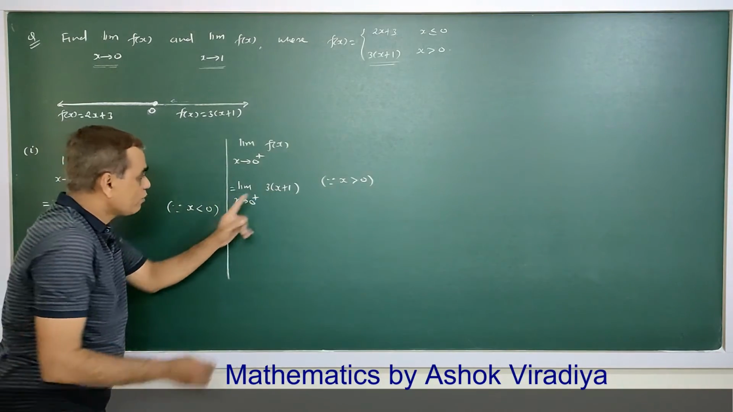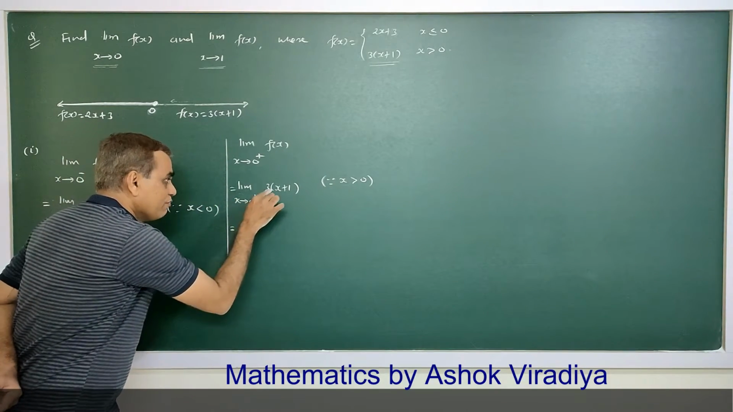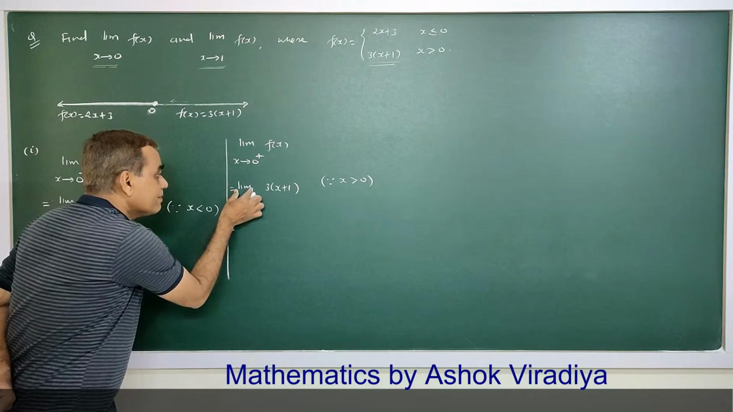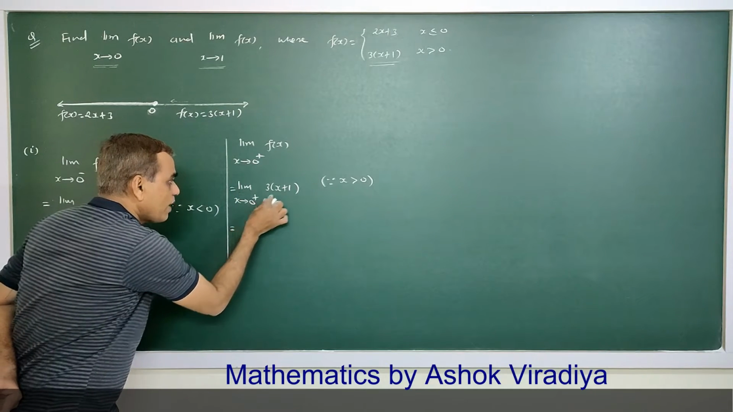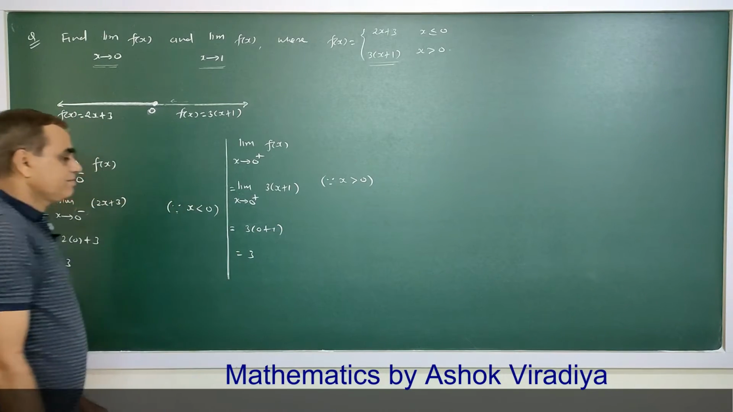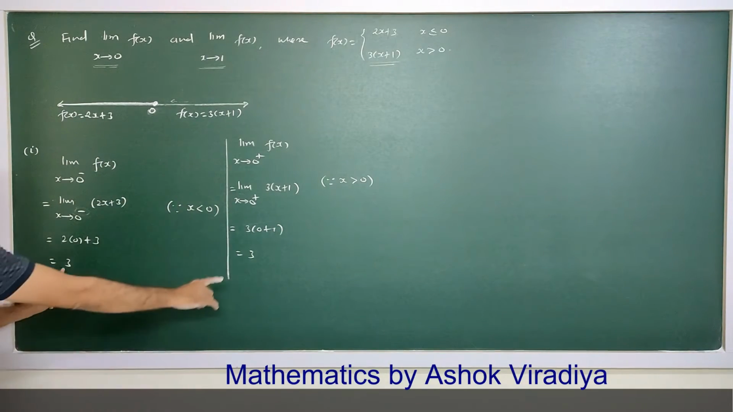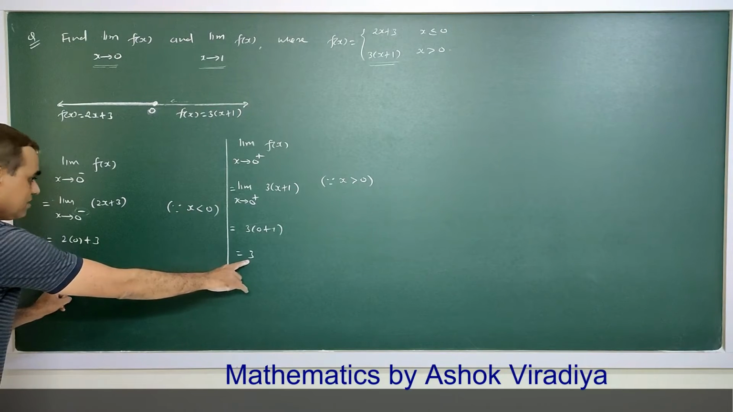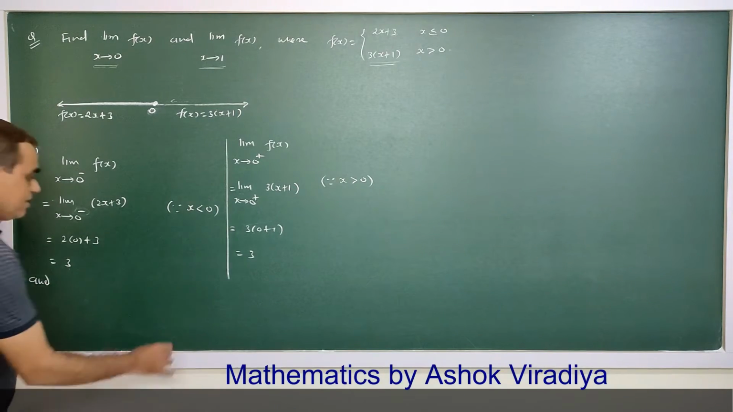And now I put here the value. When we keep the value, don't repeat lim, limit. Put the value. So 3 into 0 plus 1, that is 3. So see, equal. So here, therefore